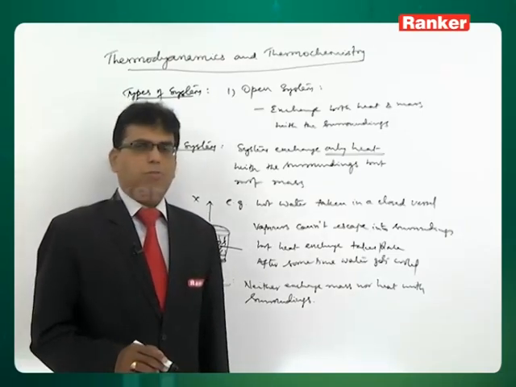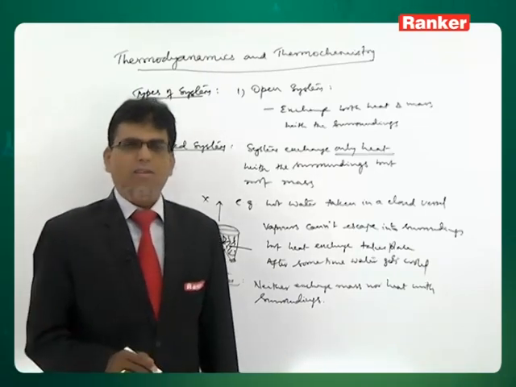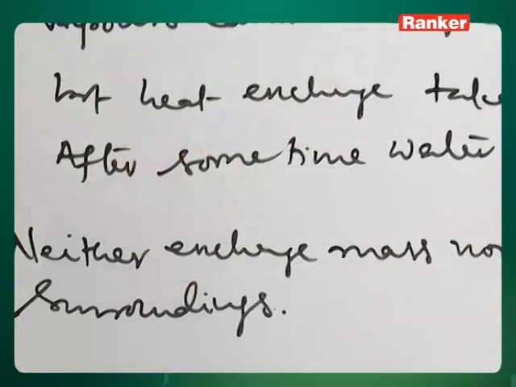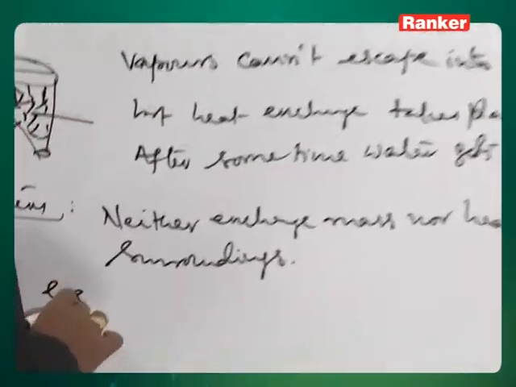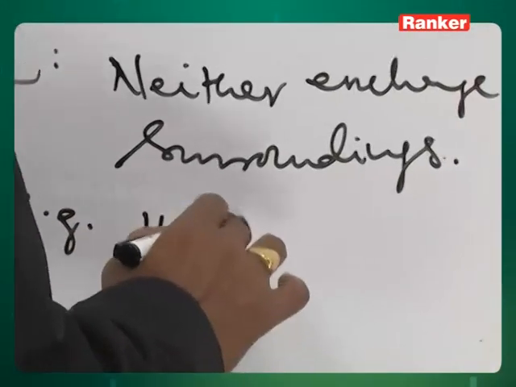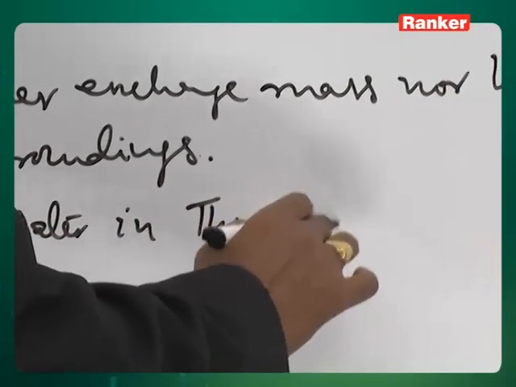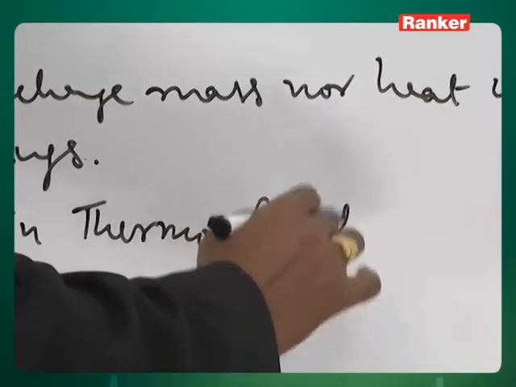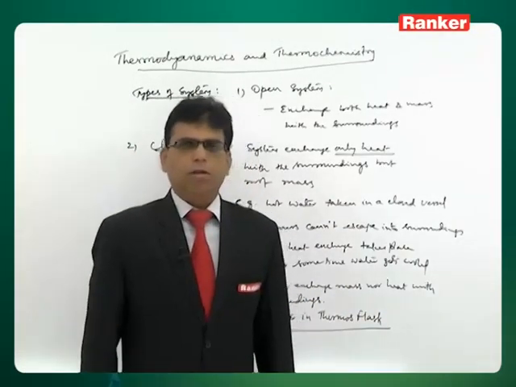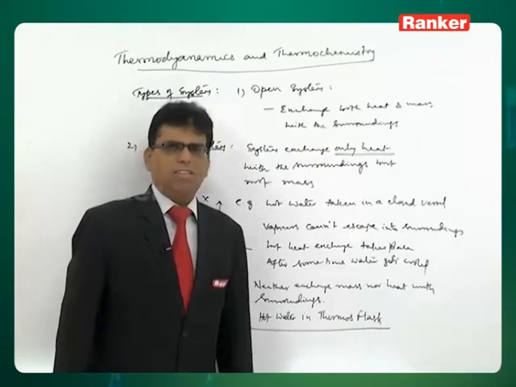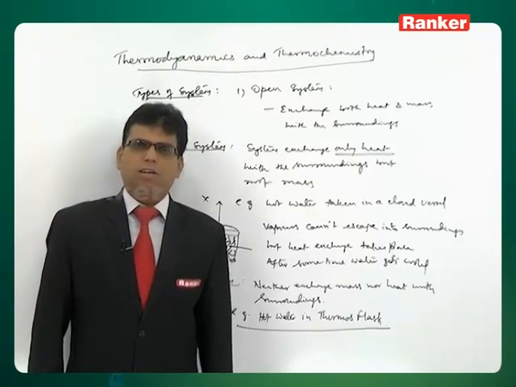Open system exchanges both heat and mass. Closed system exchanges only heat but not mass. Isolated system, neither heat nor mass. So, the example is hot water in a thermos flask. In a thermos flask, as the vessel is thermally insulated, means it is covered with